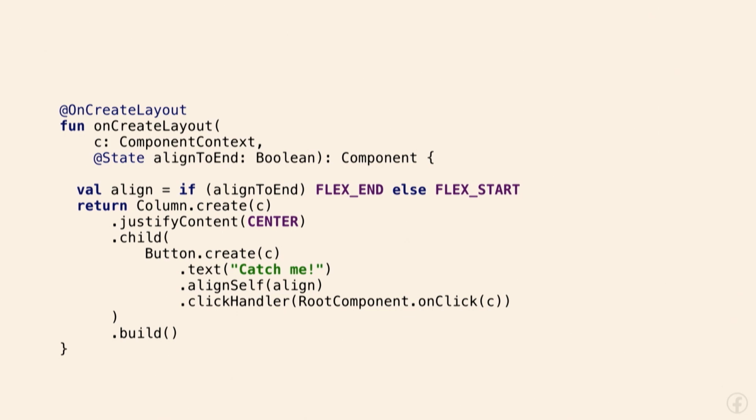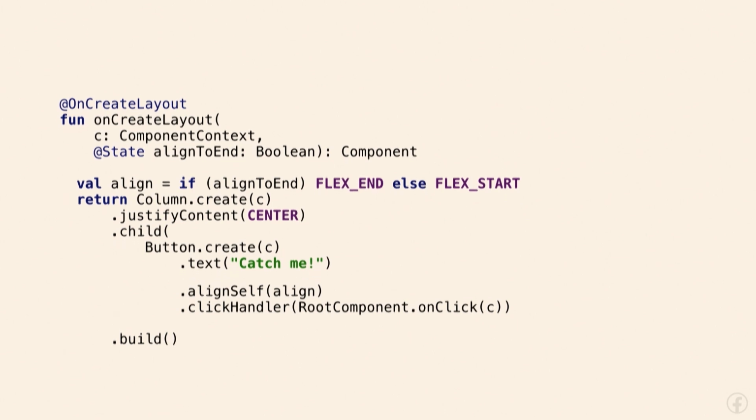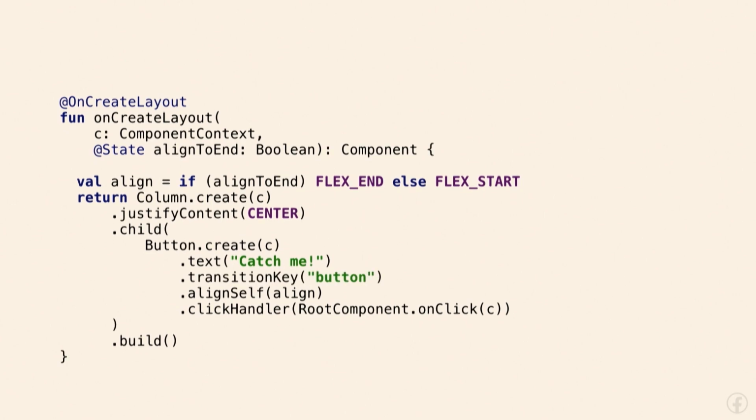When you click on this button, we depend on the state, first of all. The state will tell us whether we should align this button to the left or to the right. And when we click this button, we actually change this state. This button will run away from us. To actually declare the animation of running away, so smoothly moving this button to the right or to the left,